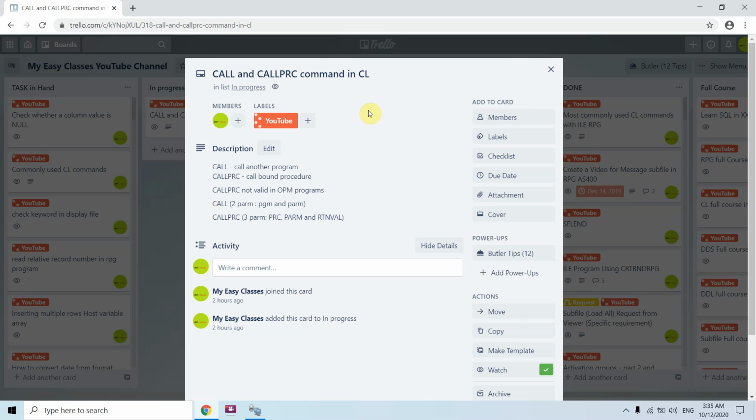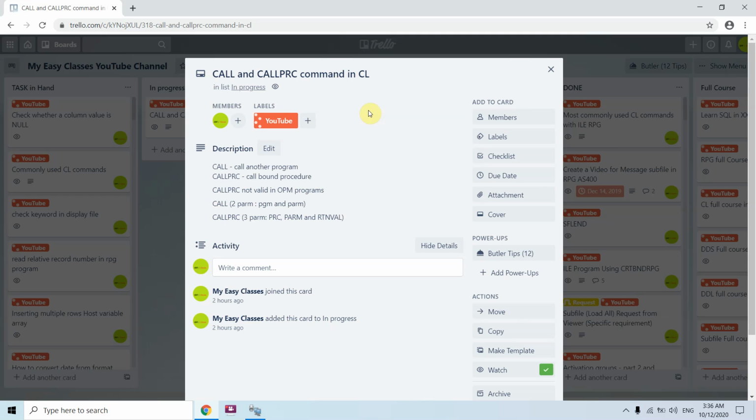Call has two parameters and CALLPRC has three parameters. CALL has two parameters, mainly the program name and the parameter list, whatever parameters that program is accepting. CALLPRC has three parameters. The first is the procedure name, the bound procedure name, either a service program procedure or a module name which we are calling.